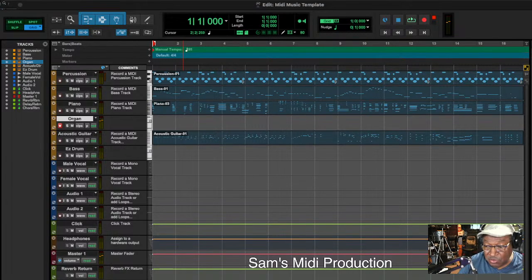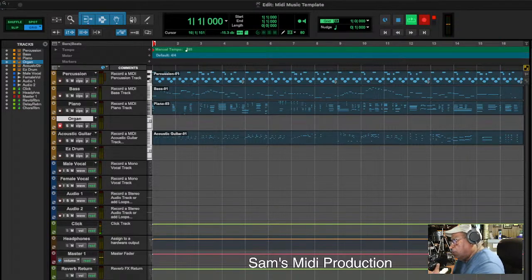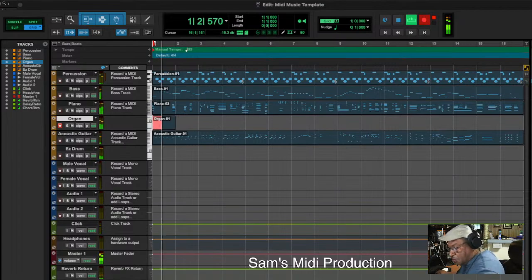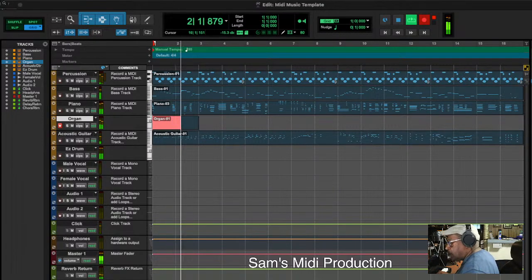Alright, so I'm going to throw in a basic organ behind it. Again, if I were using the Hammond BX3 organ, I might do a little more with it. So let's get the organ in there. 1, 2, 3, 4. 1, 2, 3, and